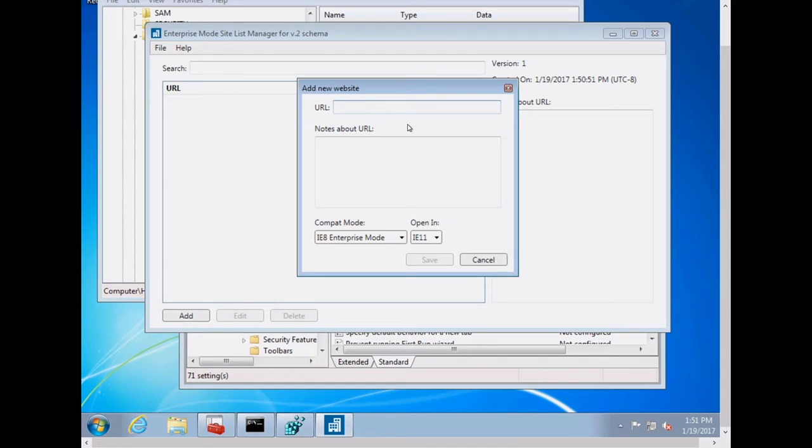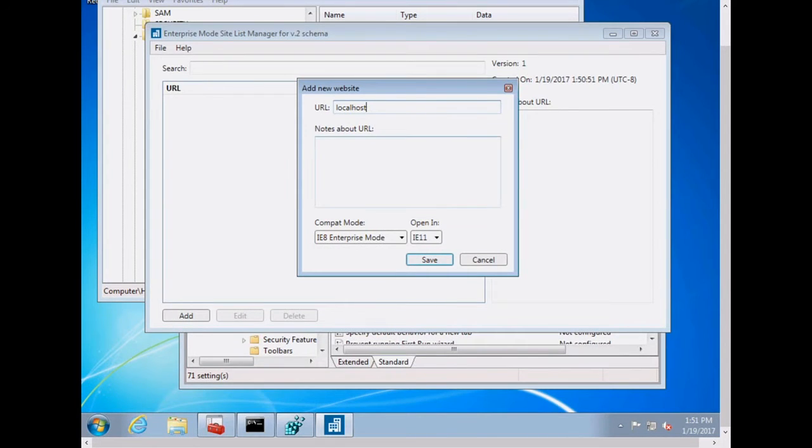Now this is a very simple tool with some caveats. The tool here basically lets me enter a URL, and I can enter any string. It can be a web path, it can be a domain, or it can be a longer web path. In this case, I'm just going to enter localhost, and I'm going to say to use IE8 Enterprise mode. These are my options. These should be familiar to you by now. IE11 Enterprise document mode, IE10, all the way through IE5, and then we have our higher fidelity emulation.